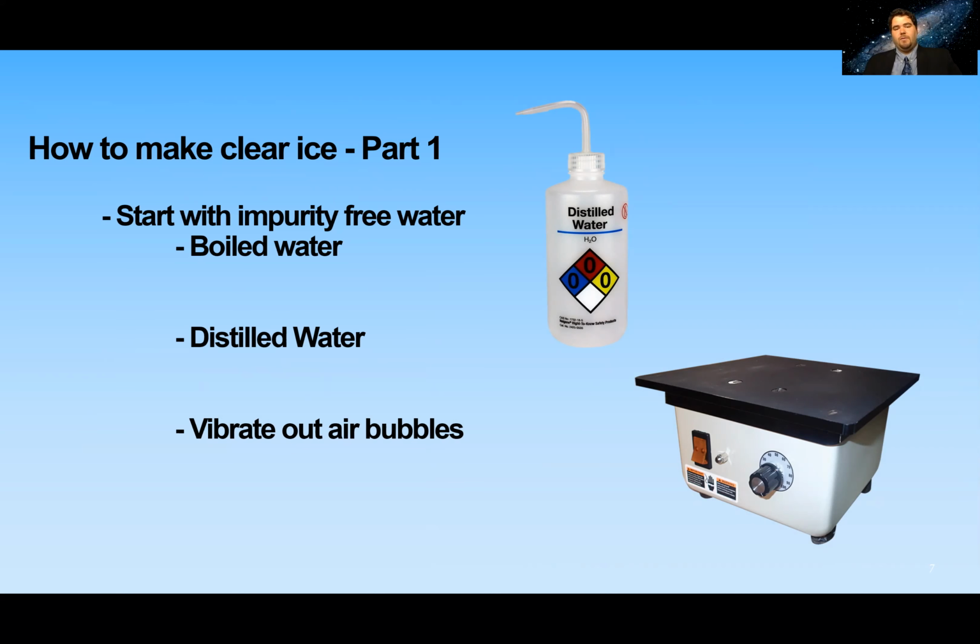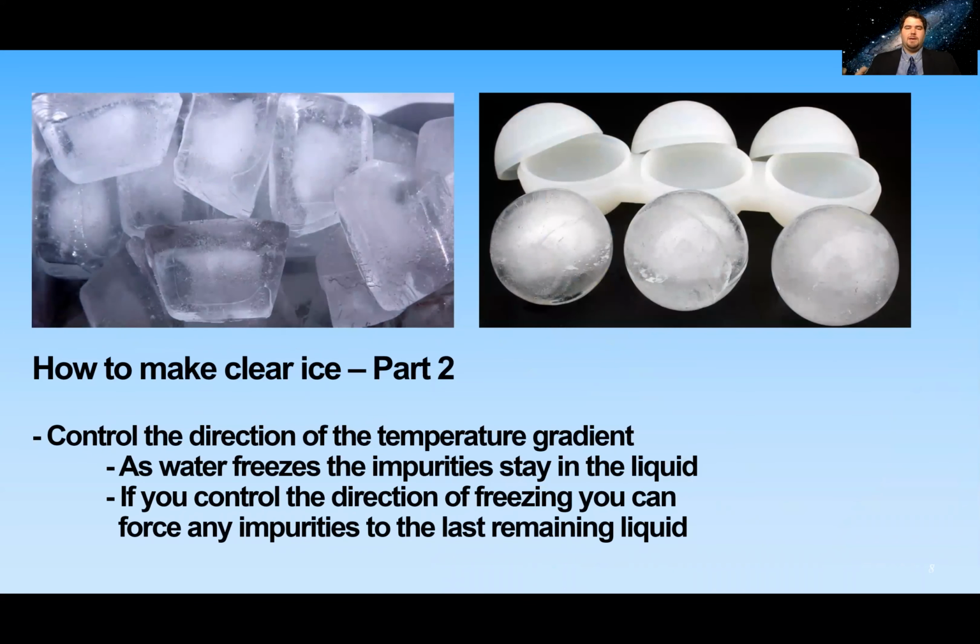And now that we have impurity-free water, we have to make it into clear ice. After doing a lot of testing and research, we found that the best way to do this is to control the temperature gradient in that freezing ice block. As water freezes, the impurities tend to stay in the liquid portion of that freezing water. So if you can control the direction of the freezing, you can force any of those impurities into the last